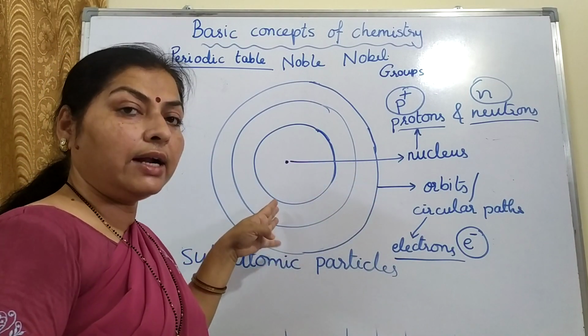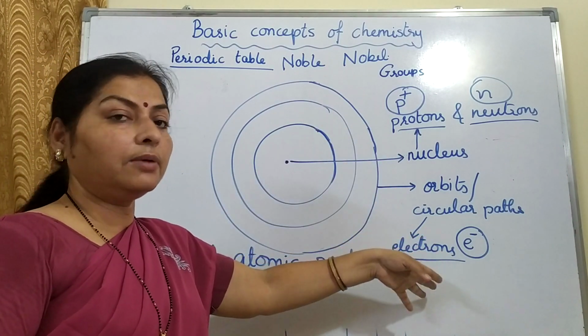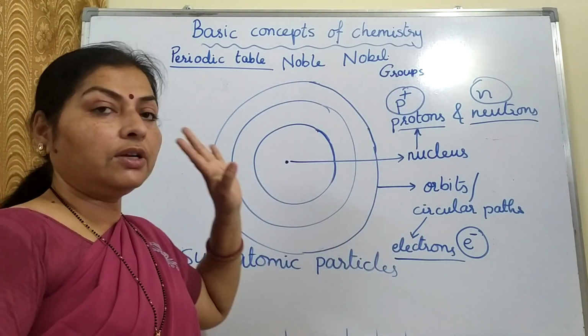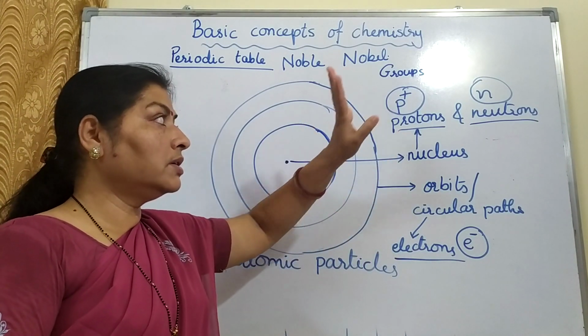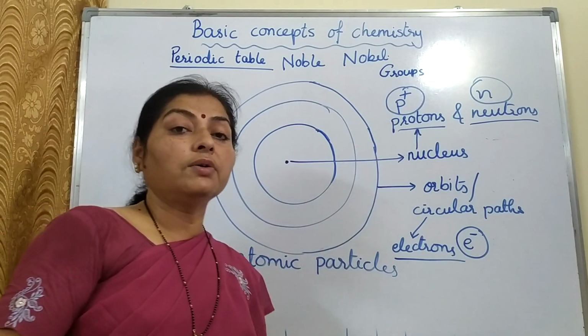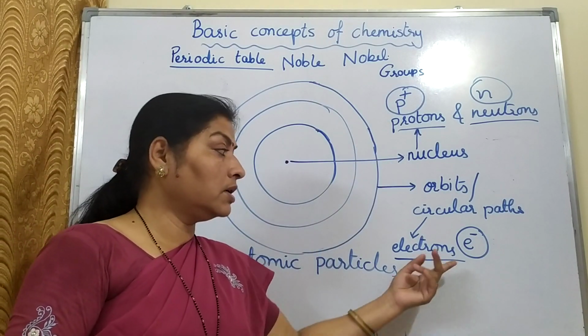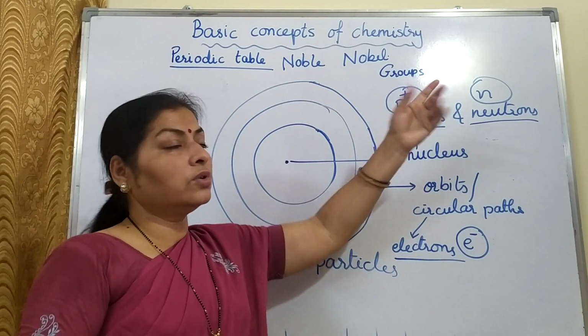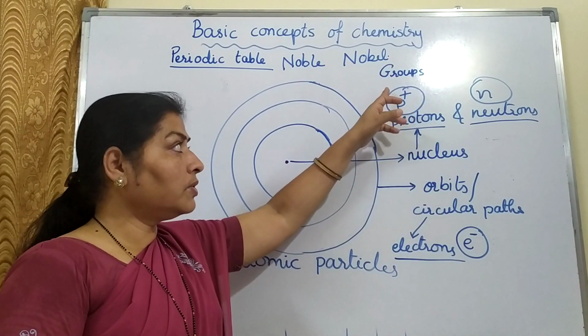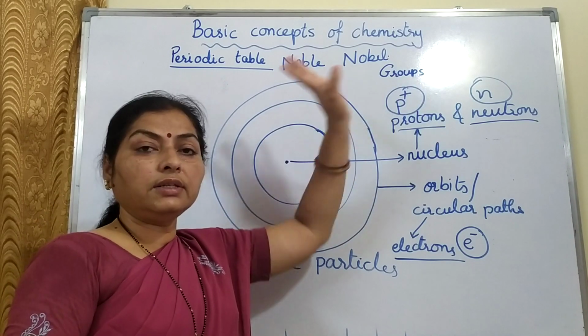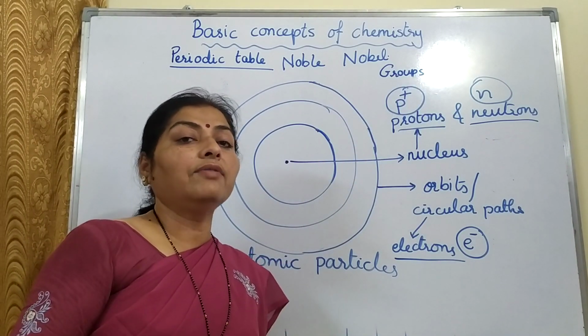Electrons can enter into the atom and can move out of the atom. Protons and neutrons can't leave. Electrons are very light as compared to the mass of the protons. Protons are nearly 2000 times heavier than electrons. Protons and neutrons have nearly the same mass. And the charge we have seen: proton is plus charge, electron minus charge, and neutron does not have any charge.